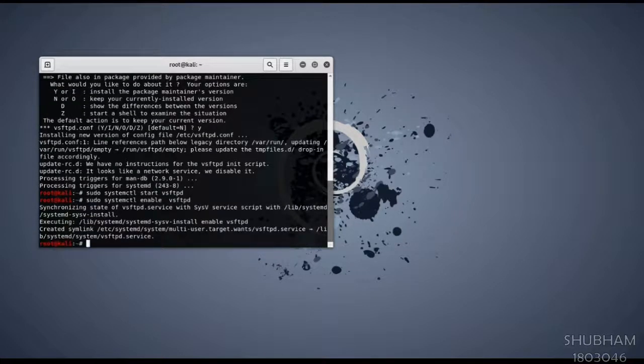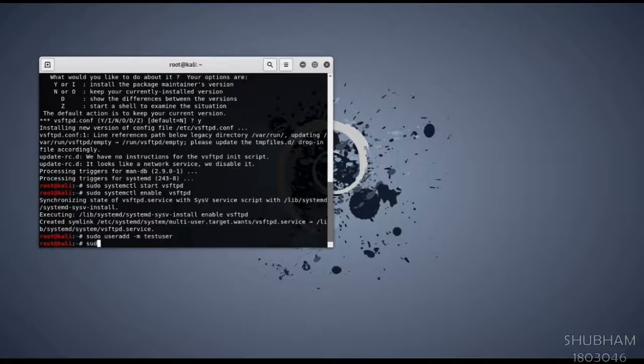Now as we had enabled and started VSFTPD server, now we have to add users so that we can test password using Hydra tool. So to add the user, we will add the command sudo useradd -m testuser, so that a new user called testuser is created.